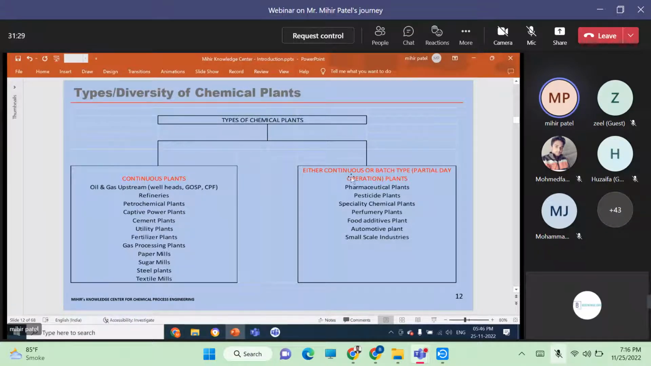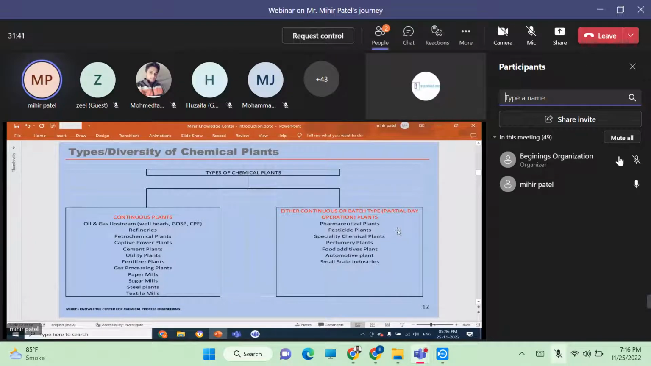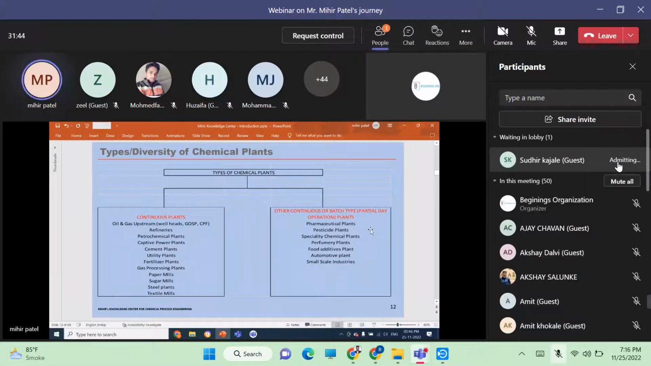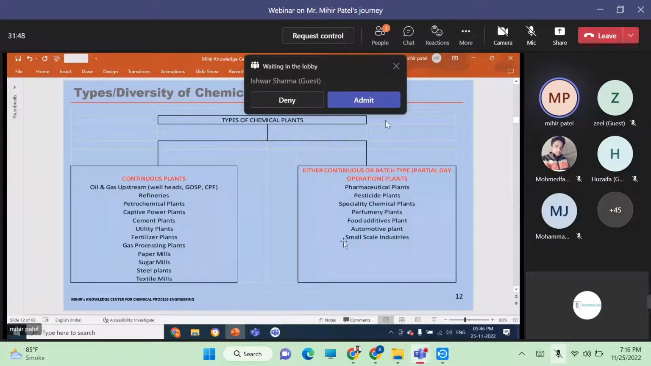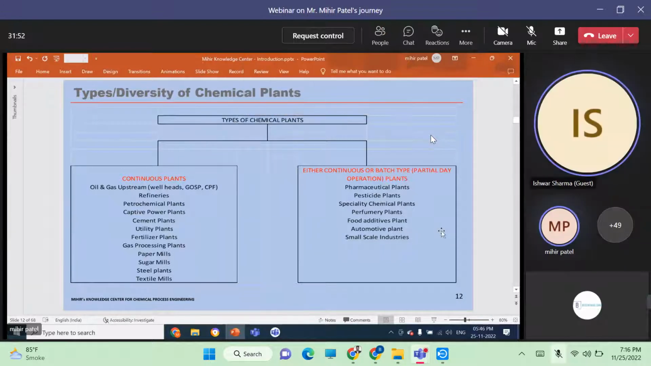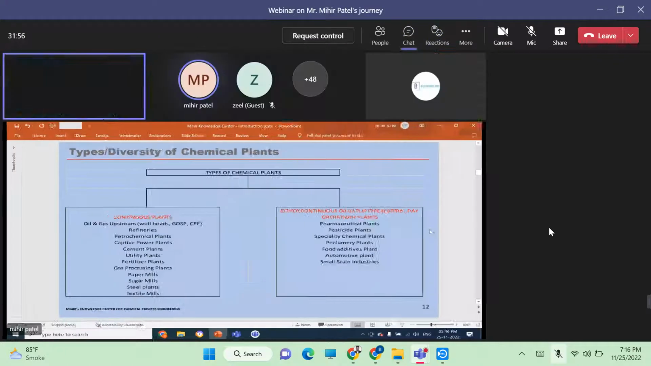Here you have either continuous or batch type. Pharma plants are there. Pharma plants are typical, basically a drug, it will have maybe 10 or 12 steps. Each and every molecule is added one by one, to make that particular drug. So all of these are batch processes, basically. Then you have small scale industries, specialty chemical plants. I'm just showing overall what the types of plants are. Each and every one has its own